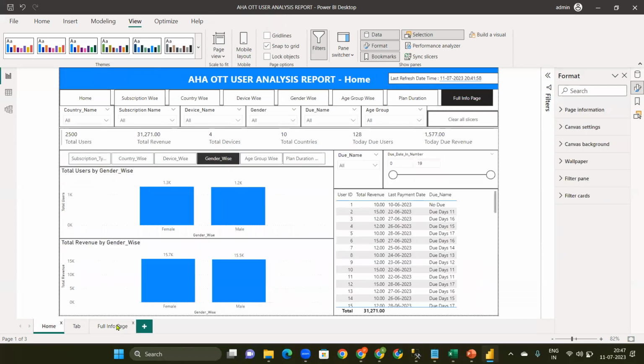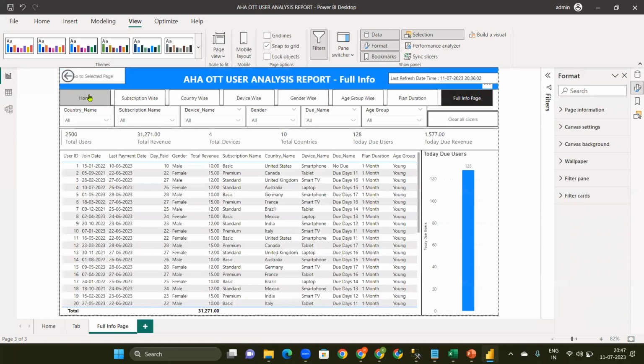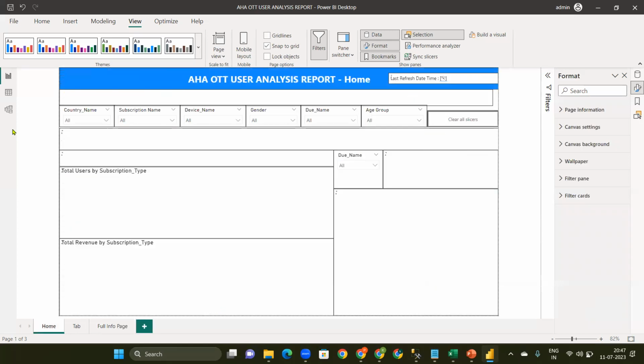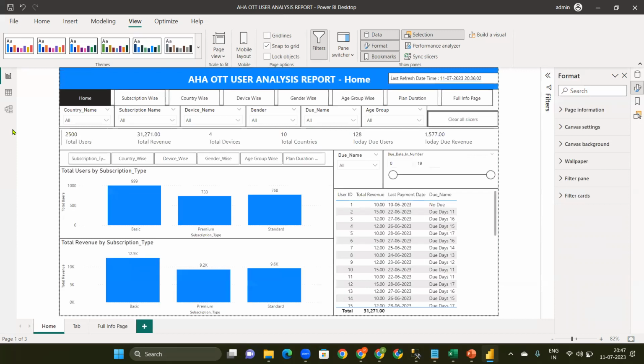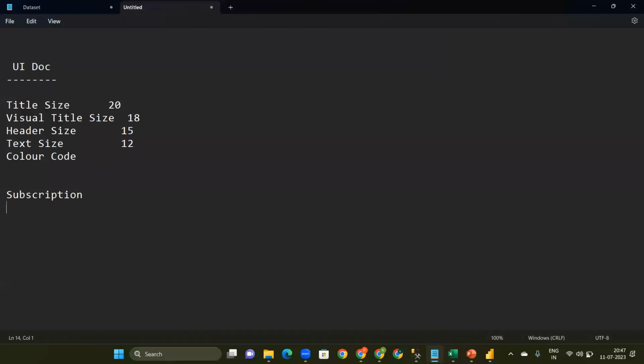Wait, go to the full info page, click on the home. Okay, so then you have to save the report. Okay, next step is, once reporting is done, next step is